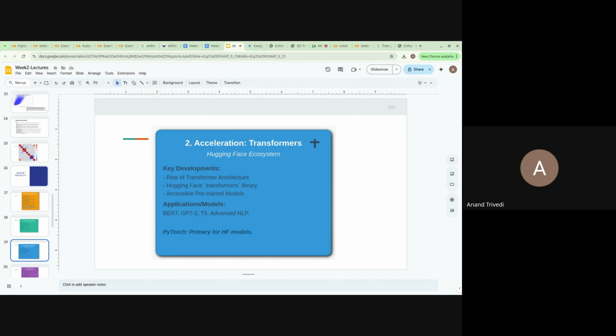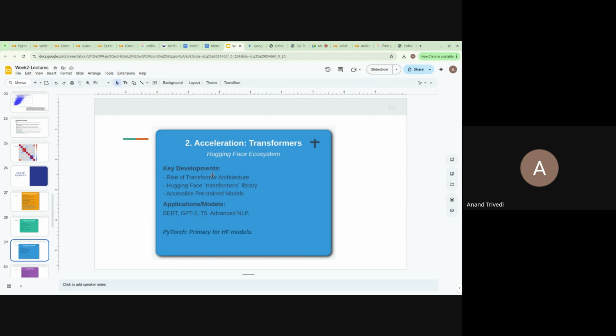Then comes level two. What is that level two? There came a company called Hugging Face. Right now, Hugging Face is a company that is very active with its model library. Basically, they release open source models. A lot of open source models they have released, and a lot of companies like Meta's Llama and DeepSeek publish their models on the Hugging Face ecosystem.